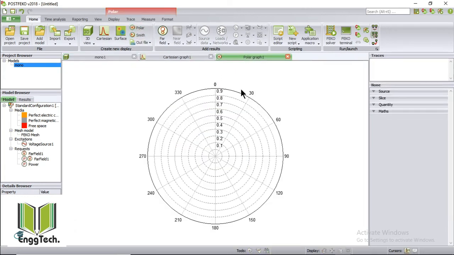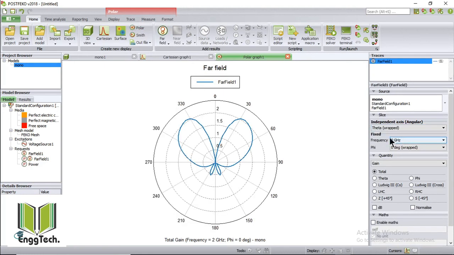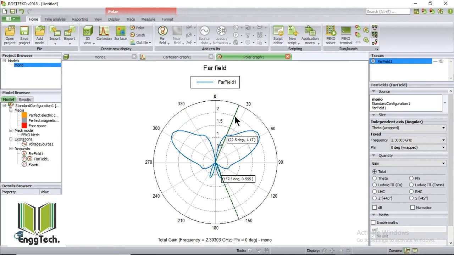So go in polar graph and then far field 1. To see the pattern at other side, just click on theta wrap. Select the frequency as 2.3 GHz. Click on cursor. Let's check the gain. It comes up to be 2 dB.